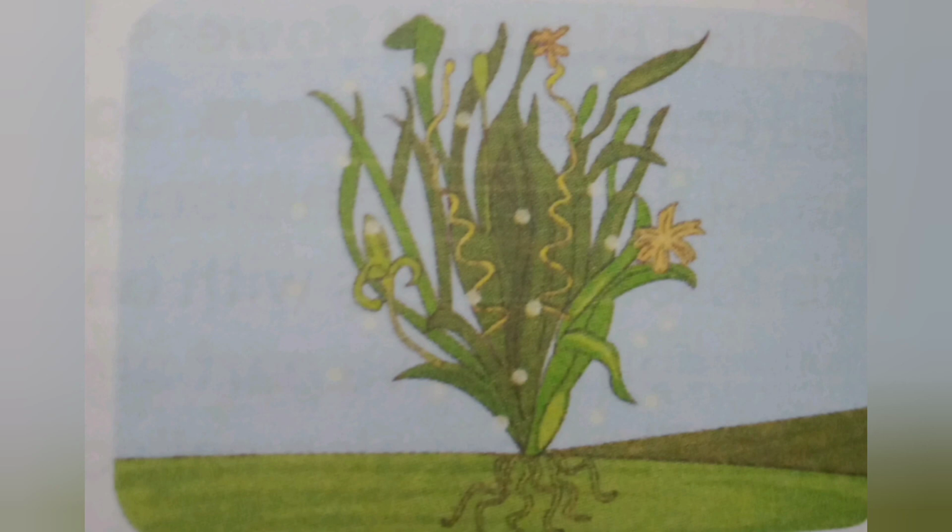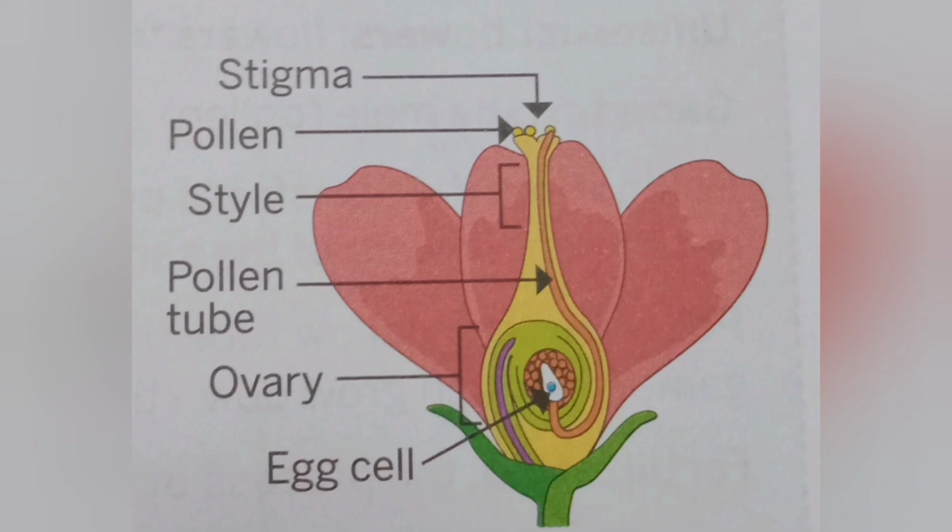Next we will read about fertilization. In simple form, the process of fusion of male and female gametes is known as fertilization. The fertilized cell is known as the zygote. The ovule develops into a seed and the ovary into a fruit. The zygote is the first cell formed after fertilization. The zygote divides and develops to form an embryo. Cells inside the embryo become differentiated and develop into shoot and root.